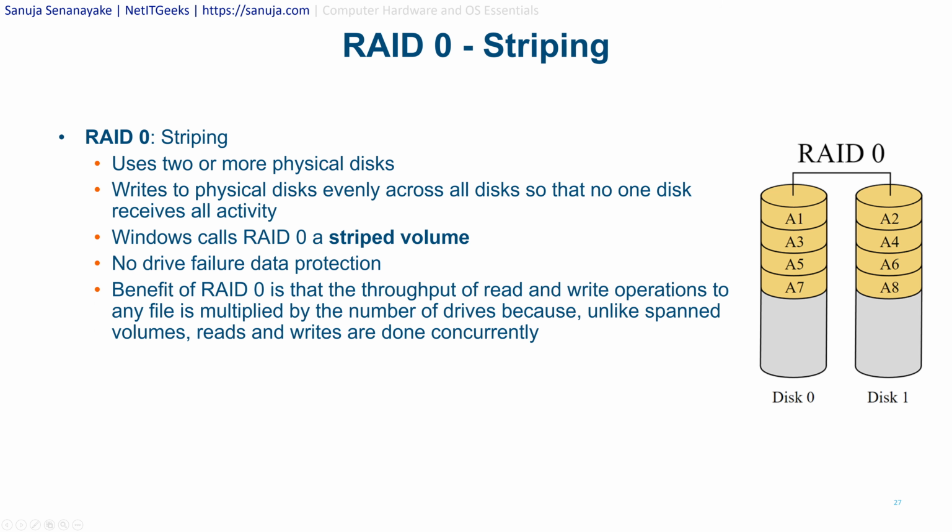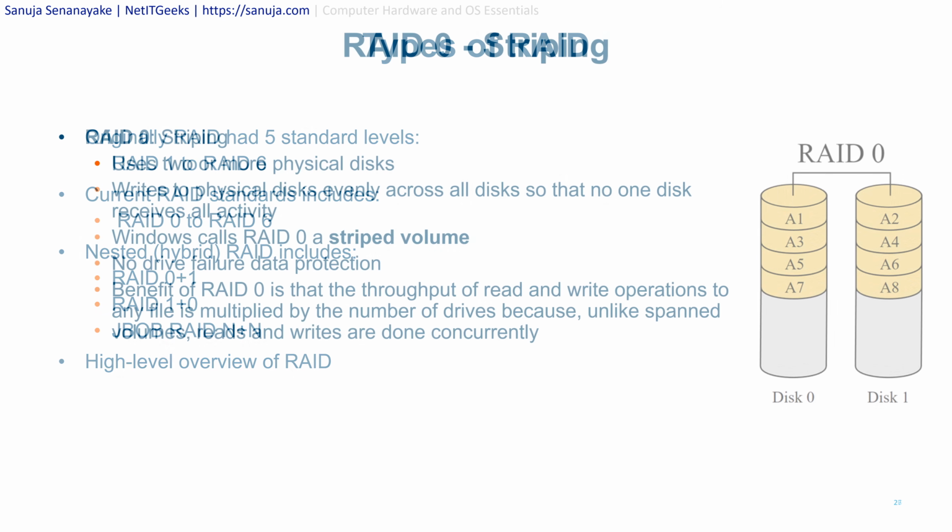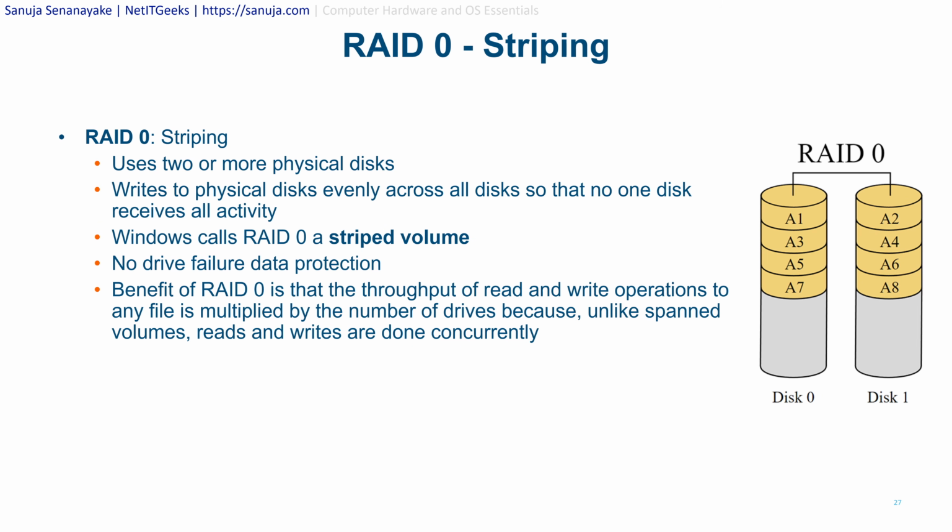So this is why the original standards had 5 standard, and that had RAID 1 to RAID 6, but not RAID 0, because RAID 0 is truly not RAID. It is not RAID. But however, you might ask the question, if it is not truly RAID, why do people